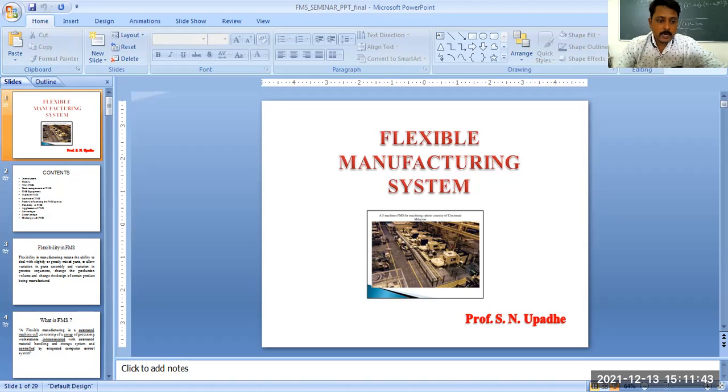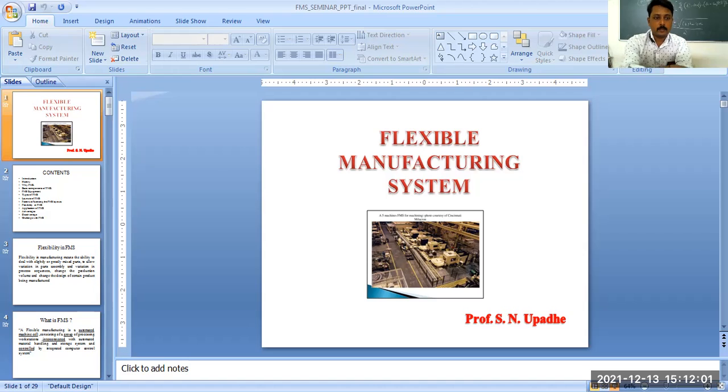Cranes are used in that case. Okay, so this is how flexible manufacturing systems are being implemented. Okay, so this is a basic structure. You will get to know whenever you see this particular diagram with focus.